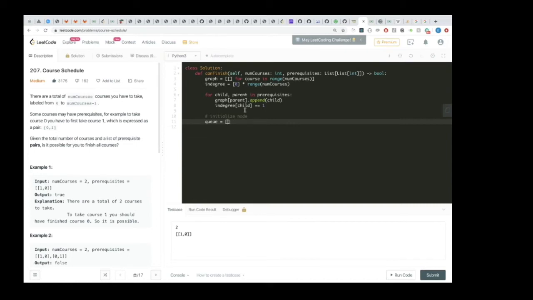So let's initialize them. We're going to start with each course in our loop, for course in num courses, and if the in-degree of the course is equal to 0, add it to the queue. Now we have a queue going, and of course now we want to traverse through our queue. So let's actually make a for loop for this queue. So for each node in our queue,